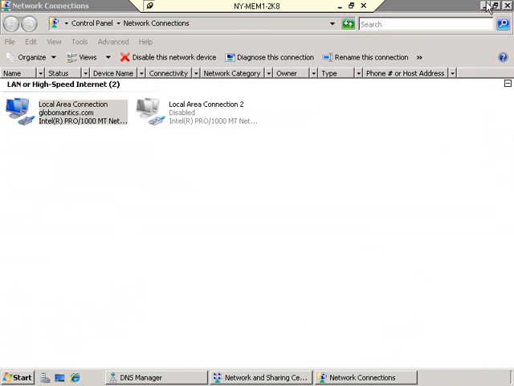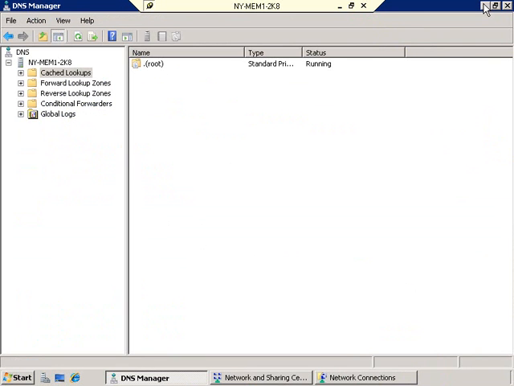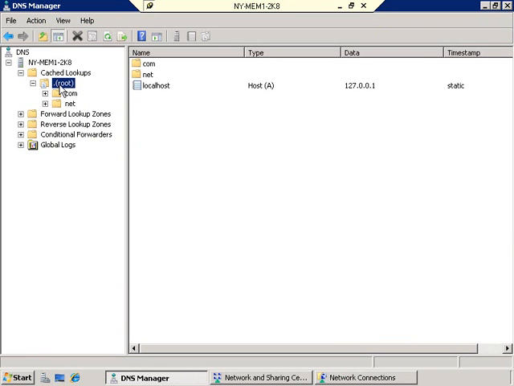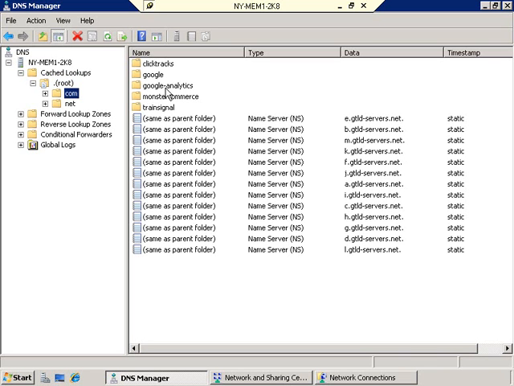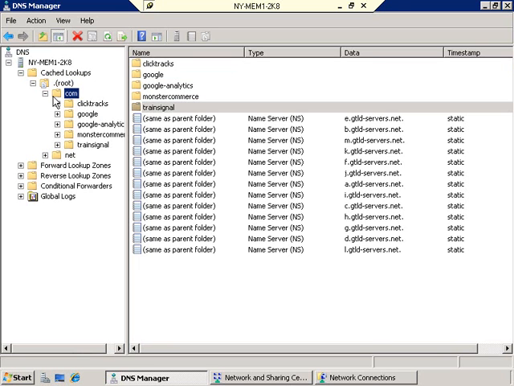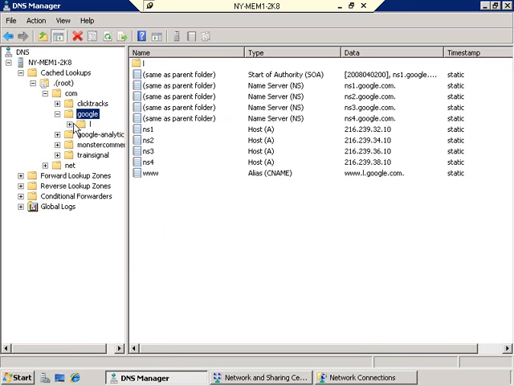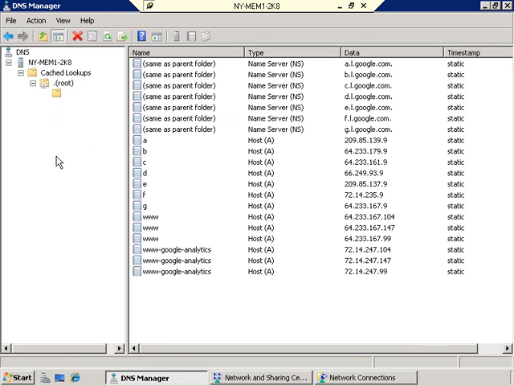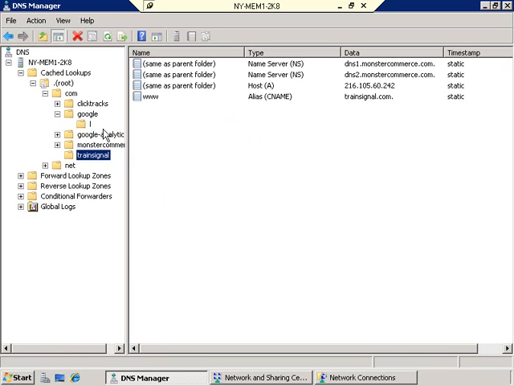I will minimize these windows on our networking, bring us back to our DNS manager, because I want to show you under cached lookups. Under root, you now see COM. And if I look at COM, you'll see I have Google and I have Train Signal. So I have all kinds of records. You would never imagine that there's this many records involved with some of the simplest requests out on the internet,